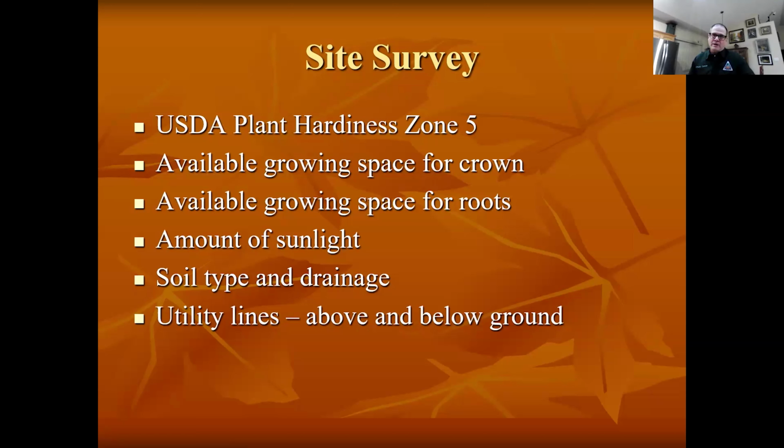Now, we're in zone 6B now. When I first moved here 20 years ago, we were still zone 5. We've gone to zone 6B now, and they say by the end of this century, we'll be in zone 8, which is middle of Texas. So that's kind of shifting through time. But what I tell people is when you're picking a tree, go ahead and get a tree that's good for zone 5 for now. And that way you don't worry about if we do get an unusually cold winter, it freezing back to the ground.